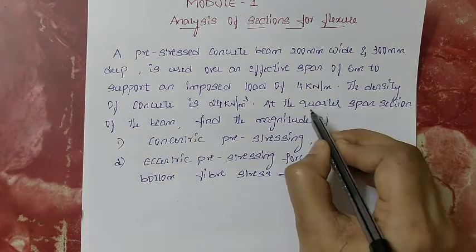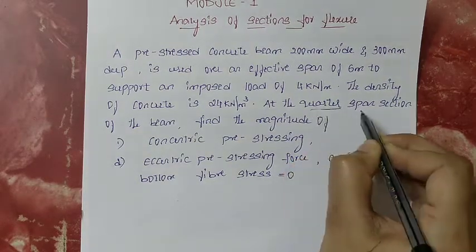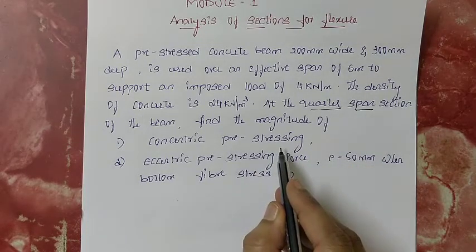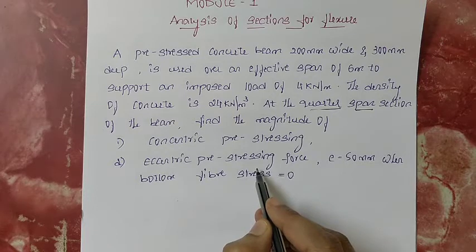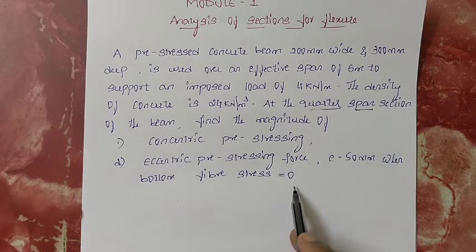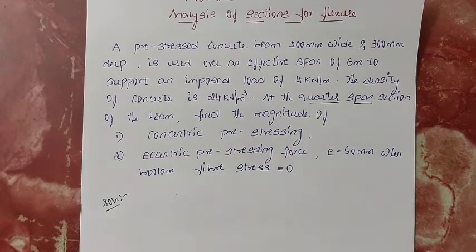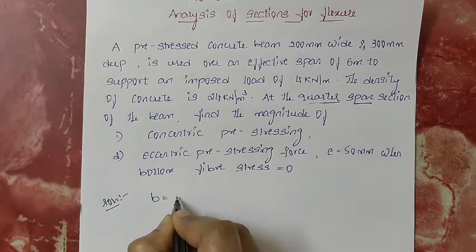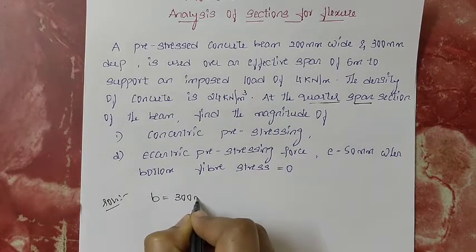You can observe here at the quarter span section, you need to calculate the magnitude of concentric pre-stressing force as well as eccentric pre-stressing force, and the condition they have given is when the bottom fiber stress equals 0. The first step, write down the given data. The cross-sectional dimension they have given, width equal to